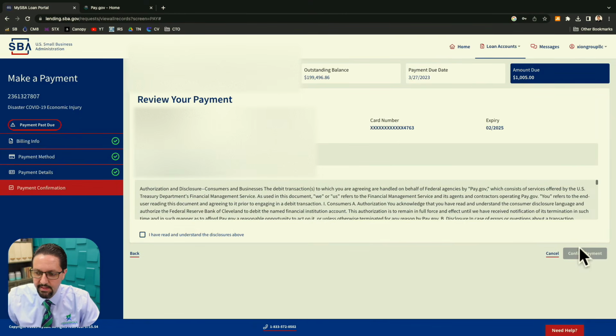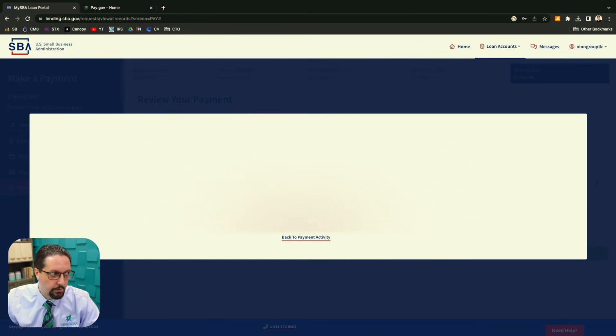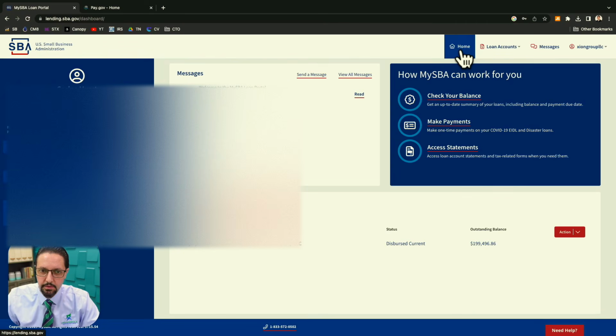You click save and continue. Review your payment. That is the card number. This is the amount you're going to pay. You click here where it says, I have read and understand the disclosure above. Confirm payment. Okay. And that is it. Okay, payment is done. All right, so that's how you do the new, fast, and easy way of paying your